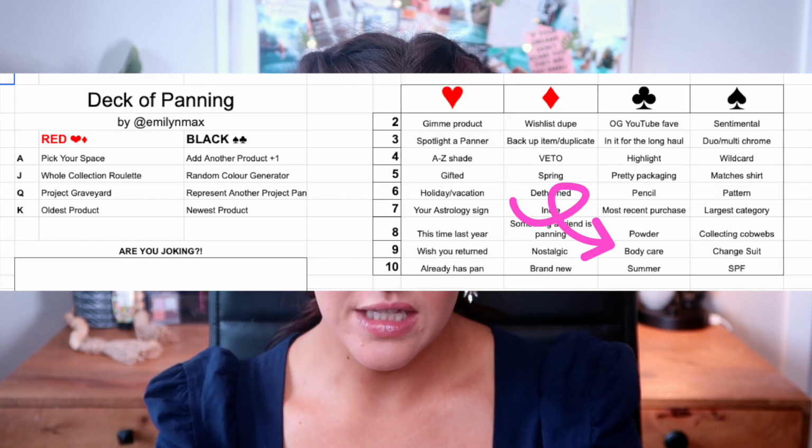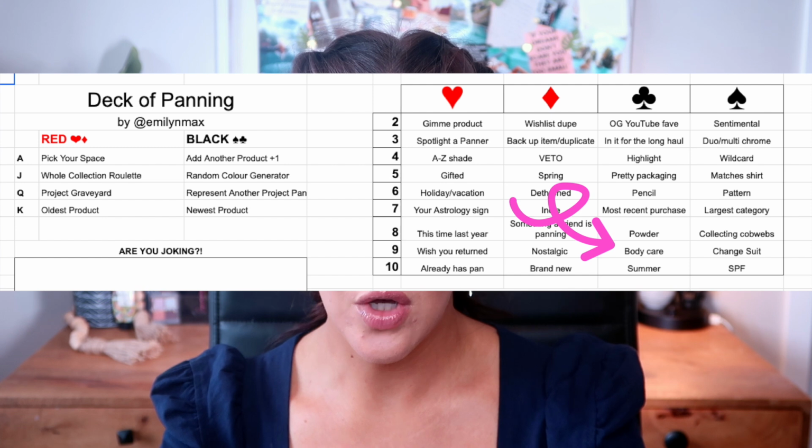And then my rollout, which I felt like this would be a rollout when I rolled this in. This was for the prompt a body care product, and I rolled in the Josie Maran Whipped Argan Oil Ultra Hydrating Body Butter. And this is an empty. I pretty much used this day and night until I emptied this out. This is such a nice, nourishing, extremely deeply hydrating, I almost said foundation,